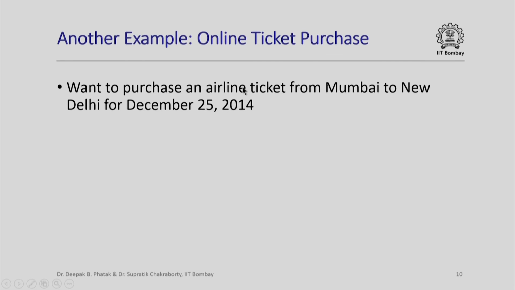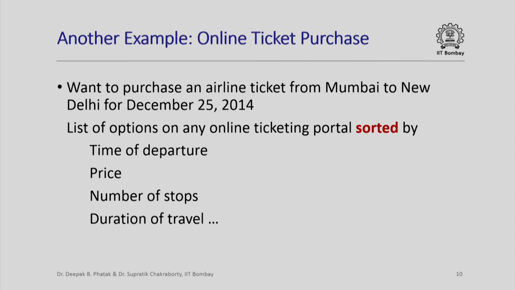Now as several of you know, there are several online airline ticketing portals. You could go to any one of them and it will list the various options, the various airline tickets that are available for December 25th, 2014 from Mumbai to New Delhi, and all of these options will be sorted by various criteria. For example, they could be sorted by time of departure, by price, by number of stops, or by duration of travel. Usually the user has the option of deciding what the sorting criterion should be, and also whether it should be sorted in increasing or